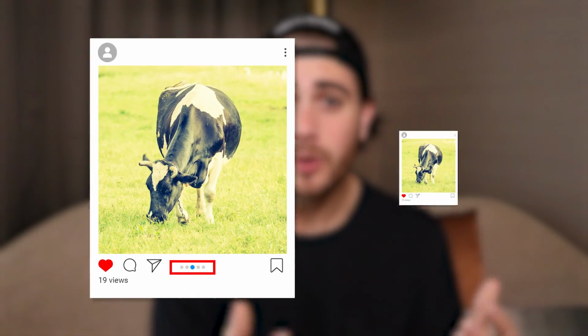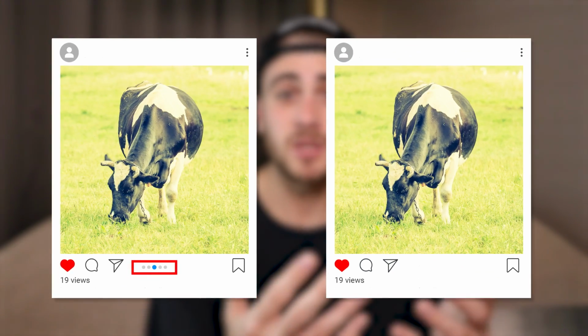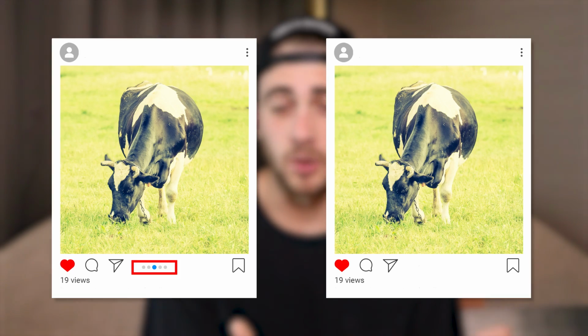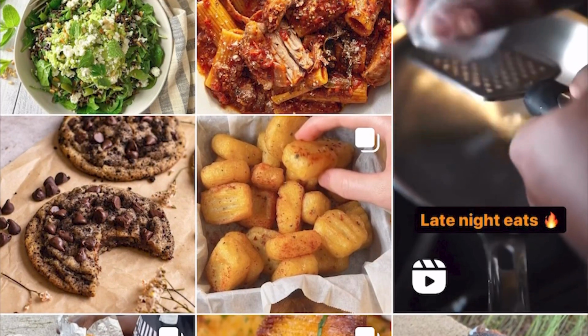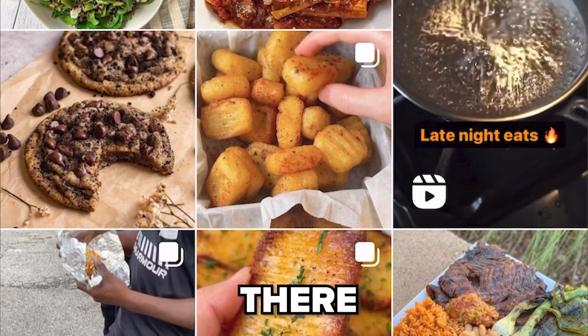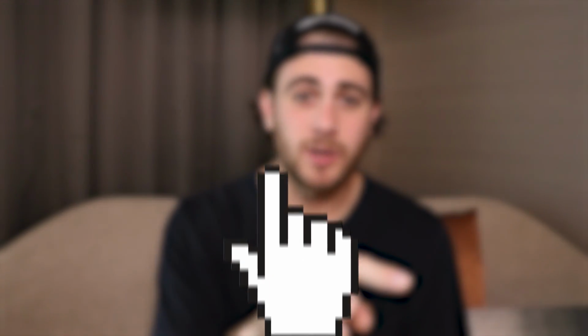Now, after you do that search, you're going to discover a few different things. One, whether or not carousels or photos are the majority of things that show up for that search, in which case, that's the content you should be creating. Or maybe it's reels that are showing up. In fact, if there are more than 3 reels showing up, then you need to make sure that you go based off of that. But we can't stop there. The next thing that you need to do, you need to click into one of those carousels.